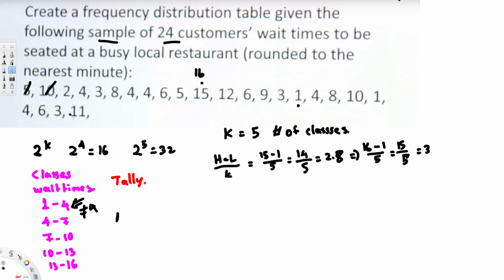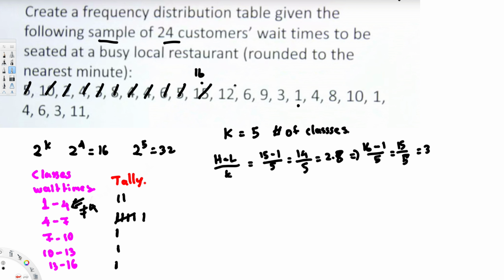And 10 comes under this 10 to 30, and then 2 comes under this one. 4 comes under, see, 4 is not included here, so this would be in the 4 to 7 row, right? And then 3 here, and then 8 is going to be here, and then 4 again, it's going to be here, 4 here, 6 is going to be here, and 5 is going to be here, 15 is going to